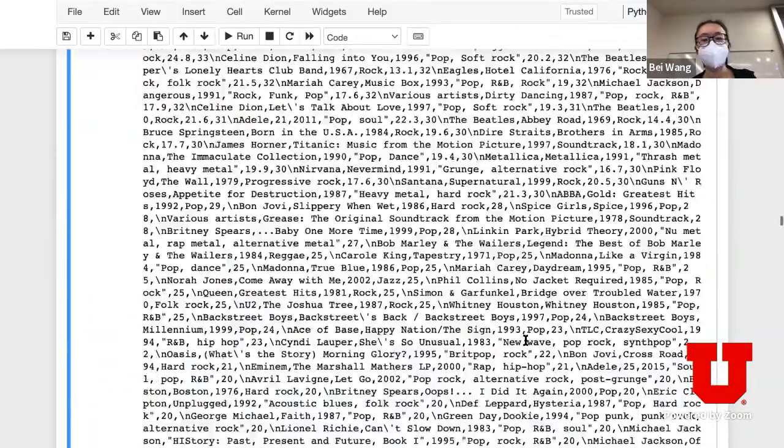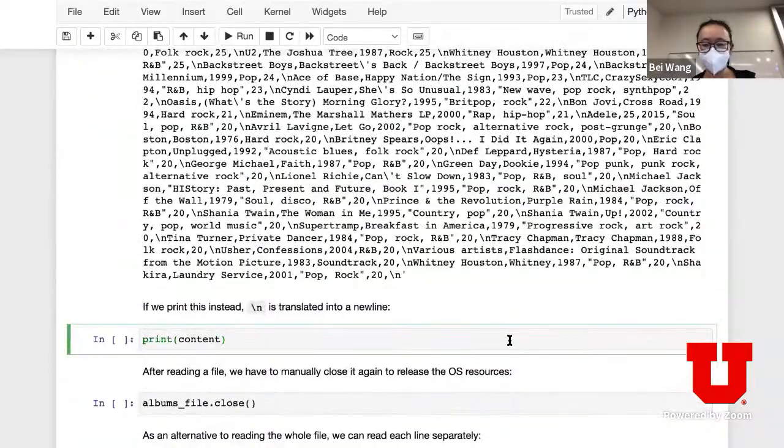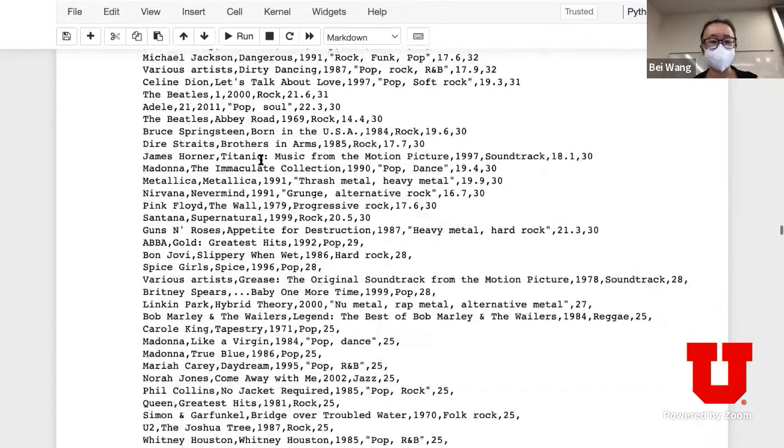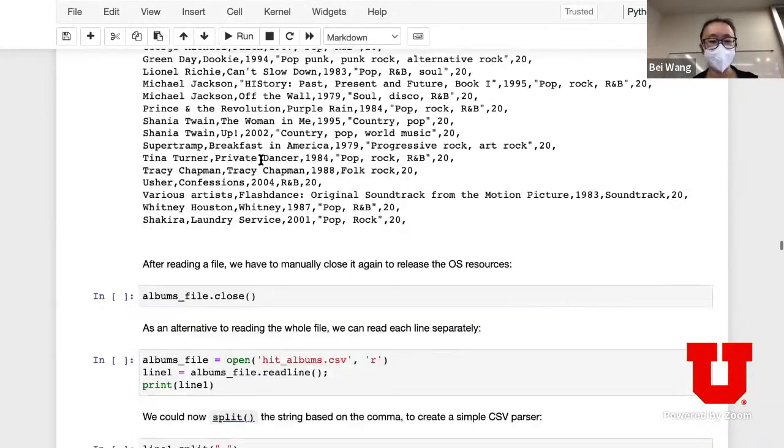If I do print content, it performs slightly better, because each time print sees this \n symbol, it translates it to a new line. So when you print it, it starts a new line for every single row of your file. You can, of course, do better.